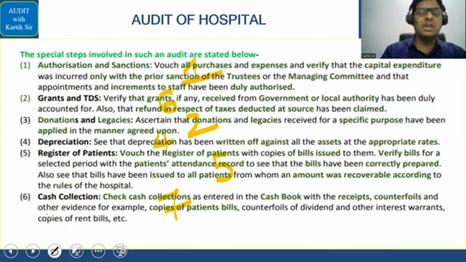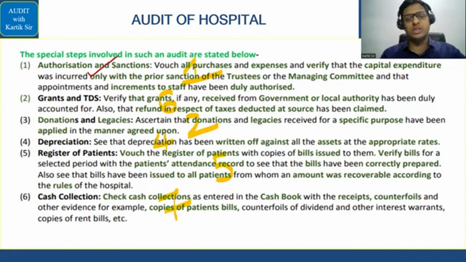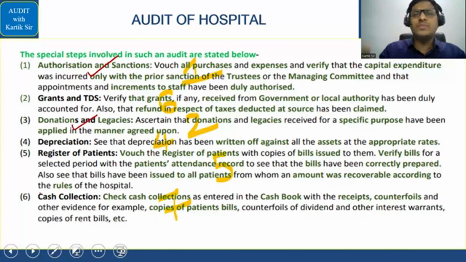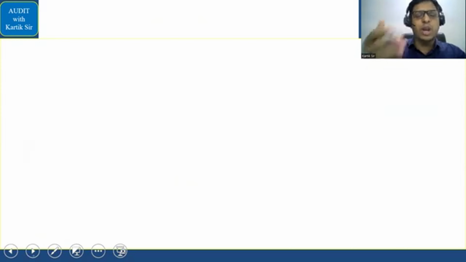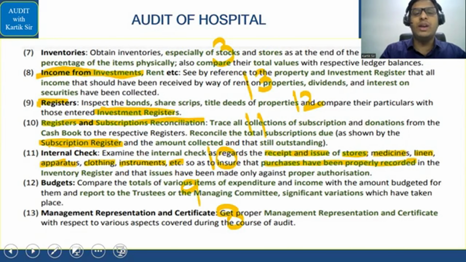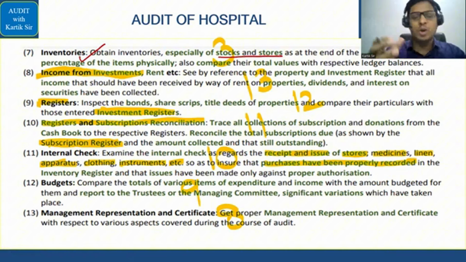Pehle, sir, the tea seller has given us the authorization and sanction. If you remember the story, you'll get it very fast. Authorization and sanction. Now, after that, the four friends call their relatives, and from the relatives, they collect donations and legacies. इसके बाद एक पॉइंट आता है यहाँ पे कि एक फ्रेंड को बुरा लगता है तो वो जाता है और इन्वेंट्री लेके आता है. इन्वेंट्री मतलब वही जो अपना स्टॉक स्टोर, which I told in the class as bandage, Dettol और ये सब लेके आता है कि अपना हॉस्पिटल रन कर रहे हैं, तो कुछ इन्वेंट्री तो होना चाहिए अपने पास.